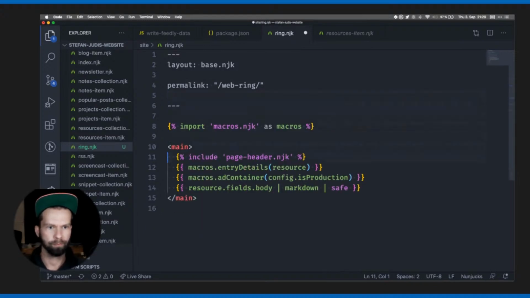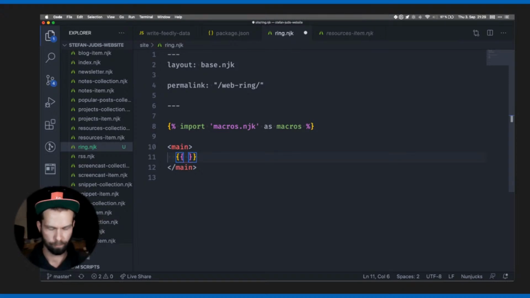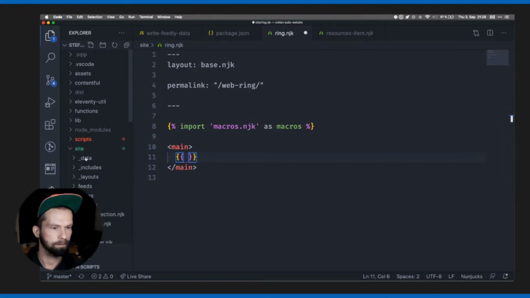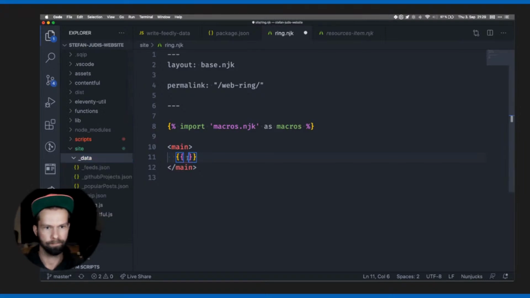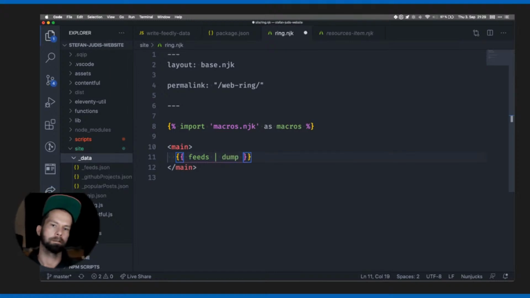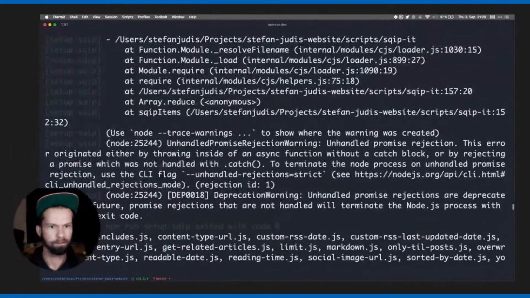So what we could now do potentially is just grab the main element here, and dump out the data and see if we have this available. So what was the data file called? The data file is called feeds. So what we can do in Nunjucks is use the dump. So now my build process hopefully is done doing a lot of stuff,